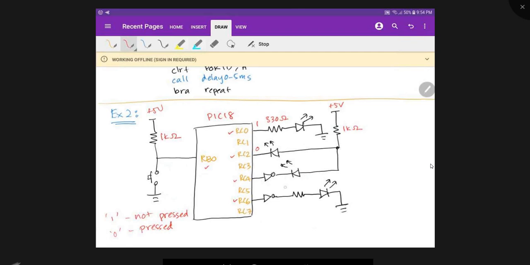If you want to turn it on, what logic should you give? You should give logic 1. The NOT gate will make it 0, right? So it will make forward bias. How about this one? You need to give 0, because the NOT gate will convert it into 1 and then it will turn on the LED. So these are all the different possible combinations of interfacing that you can have. So you need to look at the schematic and then decide how to turn on